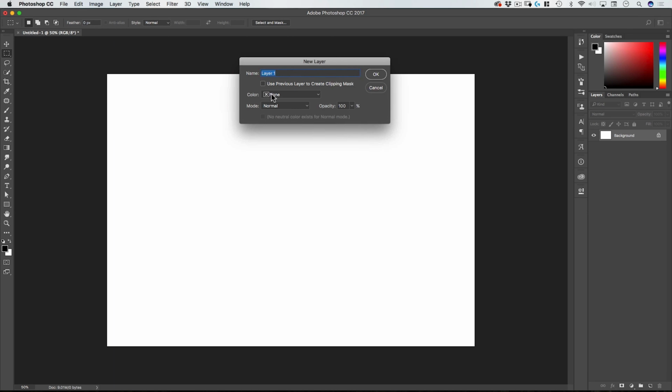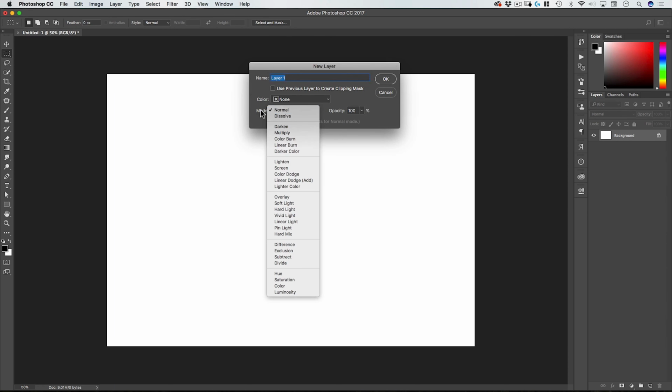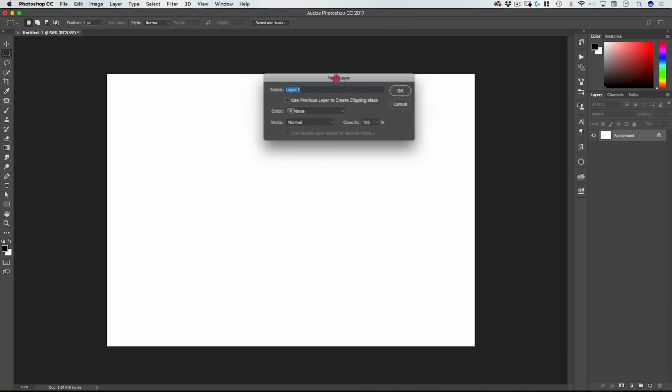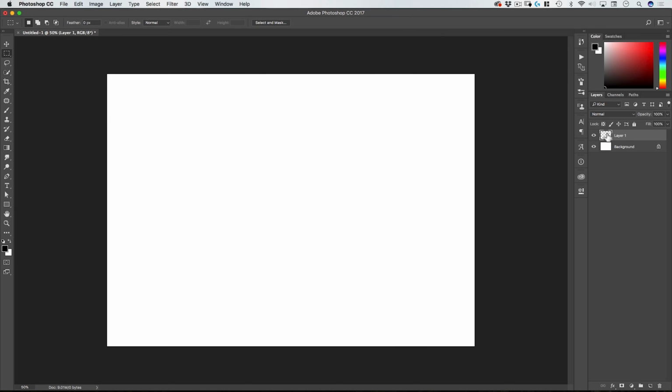This doesn't actually affect the color fill of the layer, it just affects the label over here. And you can also select the blending mode ahead of time, and we'll get into blending modes in other lessons, but just know that you can do that here. And you can also preset the opacity. So let's hit OK there. Again, that's going to create a layer, and we're going to drag that down and throw it in the trash.